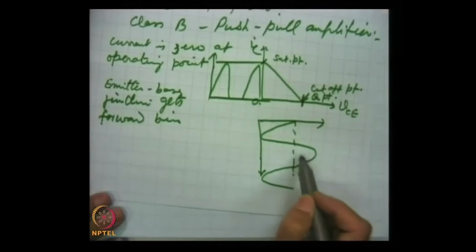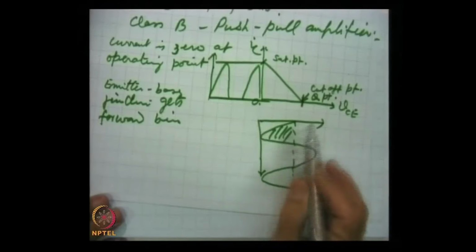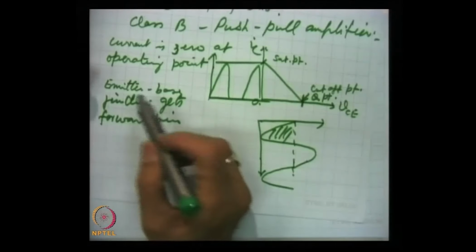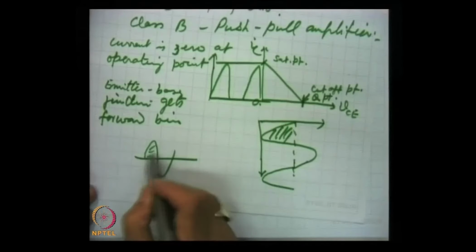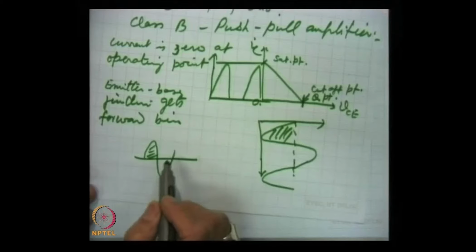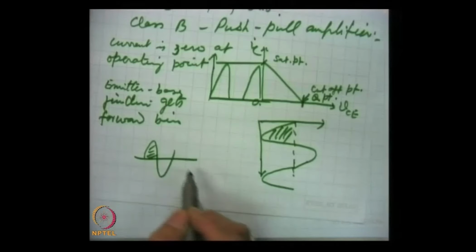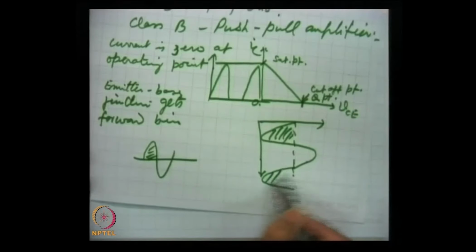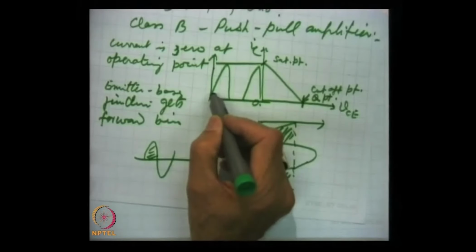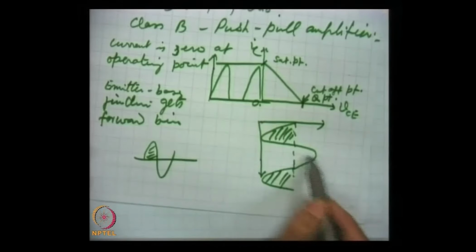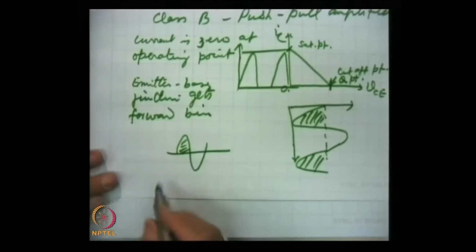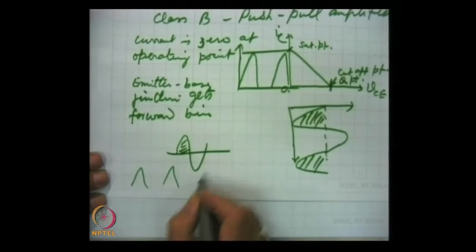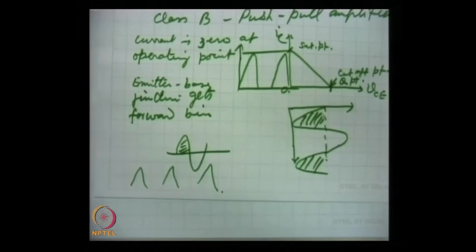These halves will forward bias. The input signal is here, and depending on the device, either this will forward bias the emitter base junction or this, we will see soon. So, these portions will appear in the output current, while they will be absent, like here it is absent, blank. Only the output will contain pulses like that. They are not useful, as I said in the beginning.